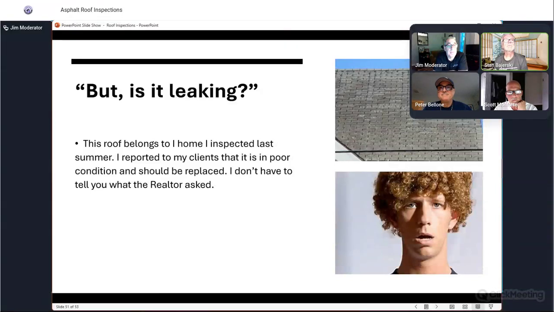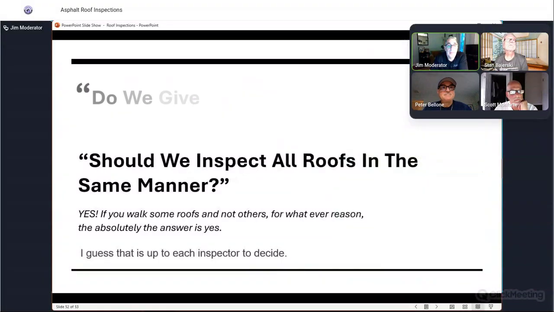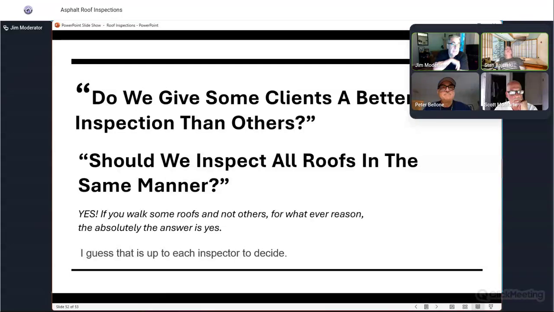Is that the last one, Jim? Oh, so I've always asked this question just as a conversation starter. Do we give some clients a better inspection than others? Should we inspect all roofs in the same manner? So I always felt like, oh man, I can get on this ranch roof. I can look at it really good. I can look at the chimney really good. Am I giving this guy a better